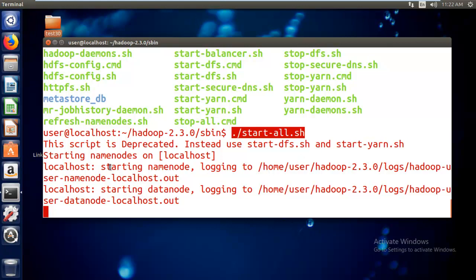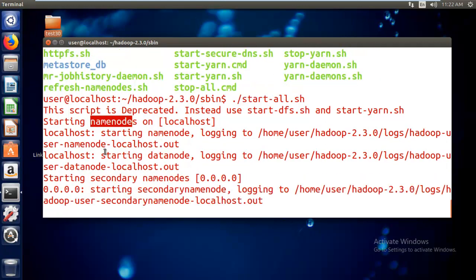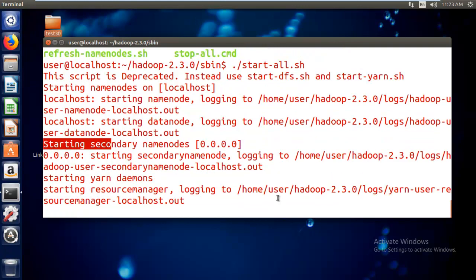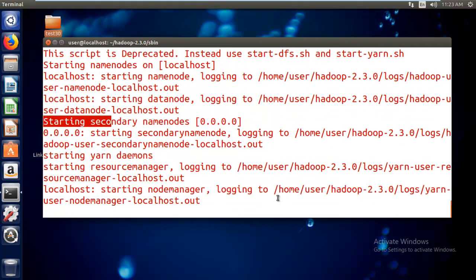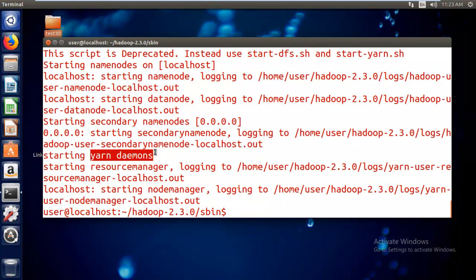So here you can see very clearly it's saying, initially, name node is okay, and then after that starting name node, starting data node, starting secondary name node, right? Showing everything. Now you can see the YARN daemons also, like resource manager and of course the node manager.